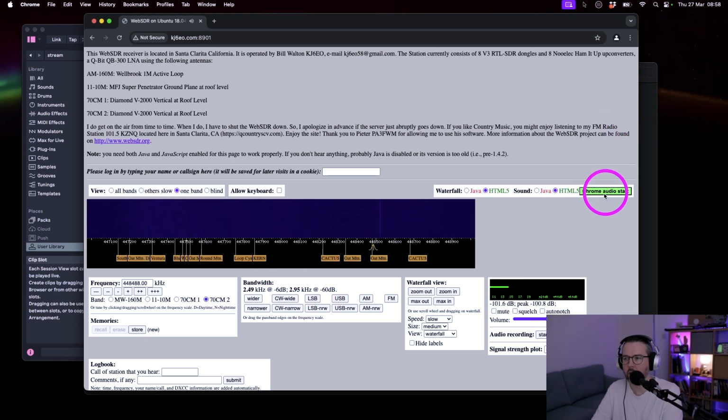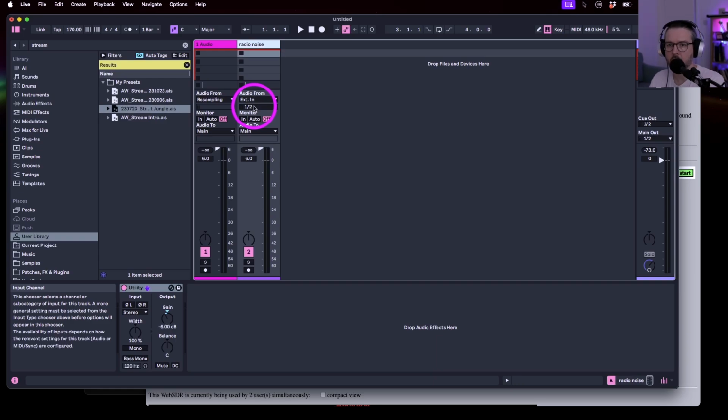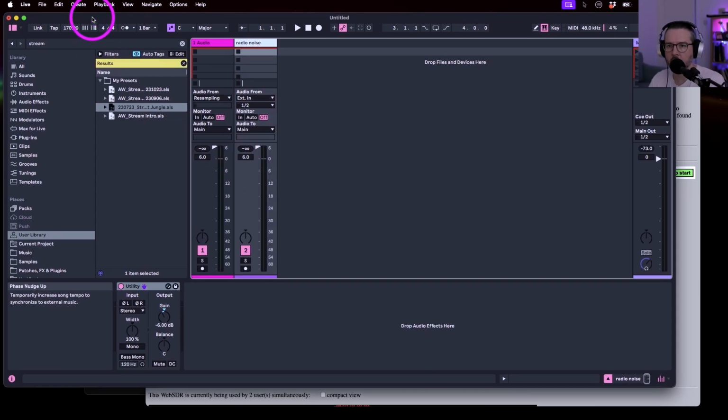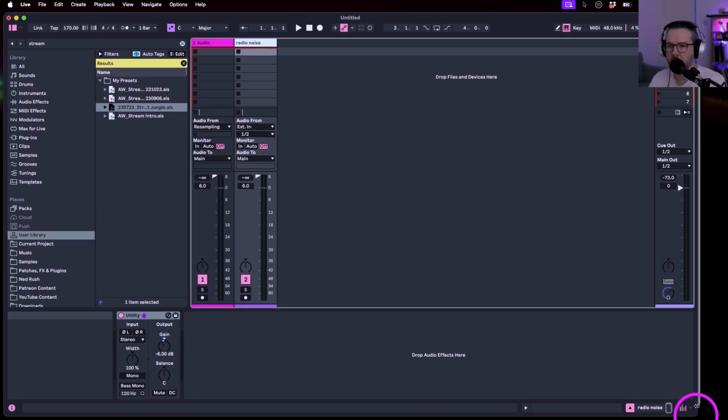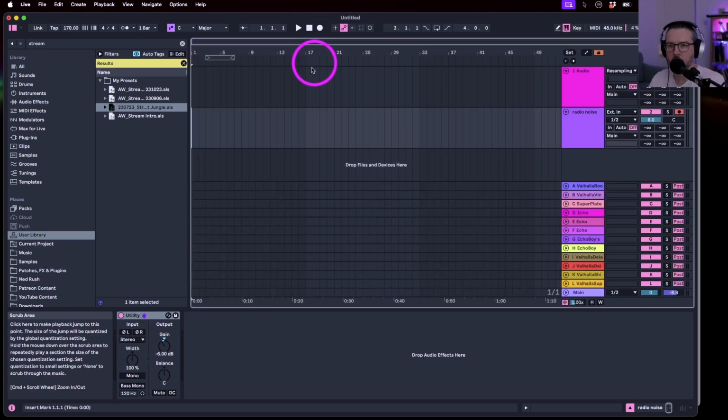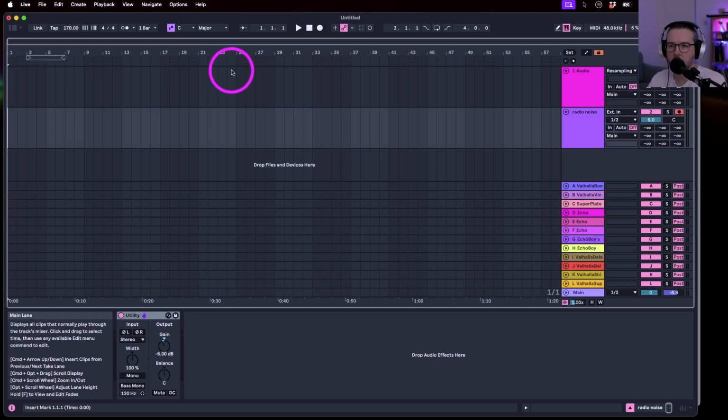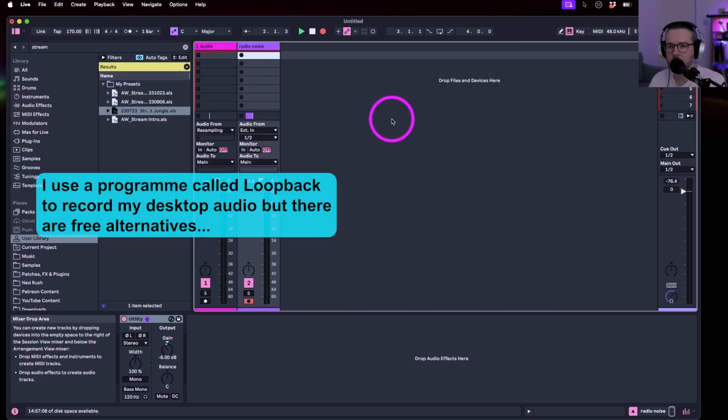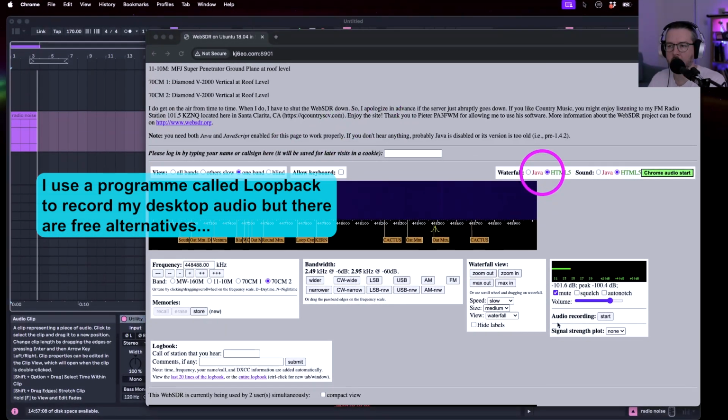Alright, why don't we start with this? Radio noise. This could be good to layer some stuff up with. So maybe we'll start with some drones or something. Maybe we could stick it in Serum. Like I said, I'm not really sure. I have no real direction. Essentially it's just messing around, isn't it? It's experimenting. So if I just run this, okay, that should be recording now from the browser. We'll just see.